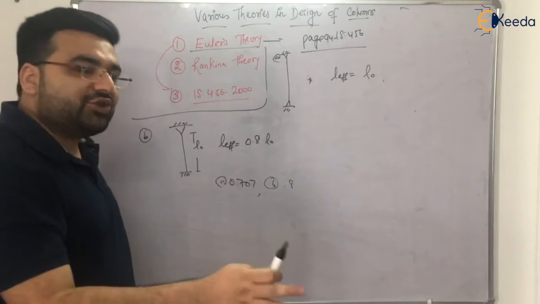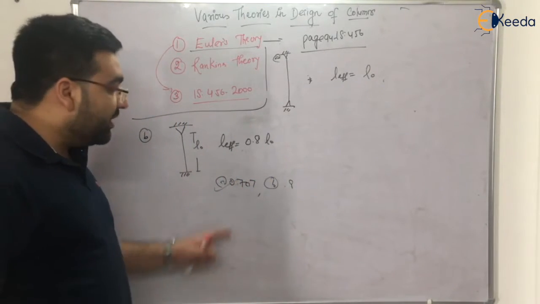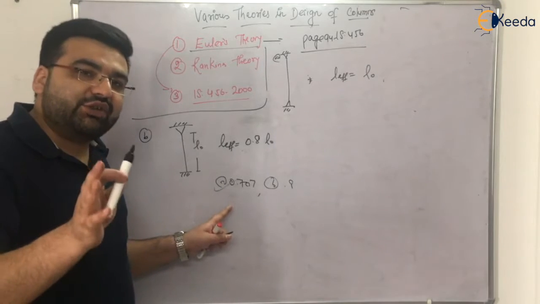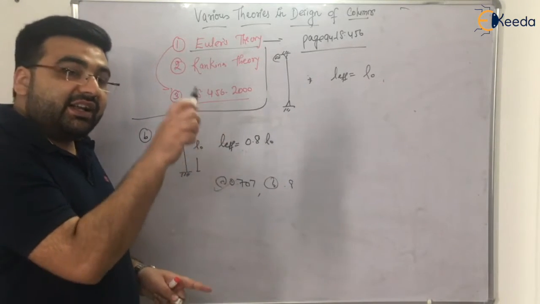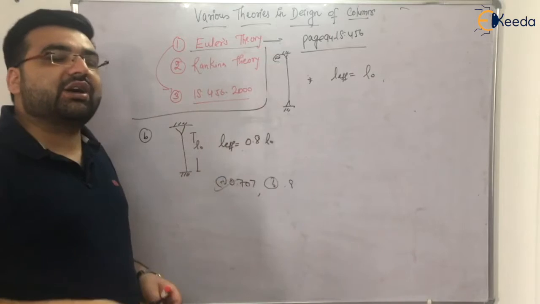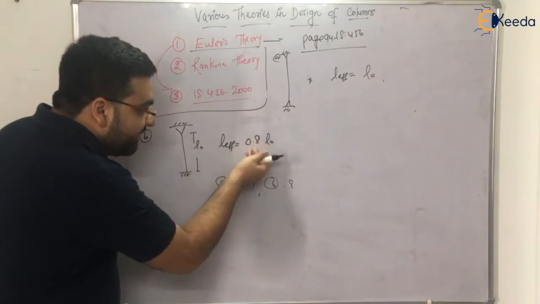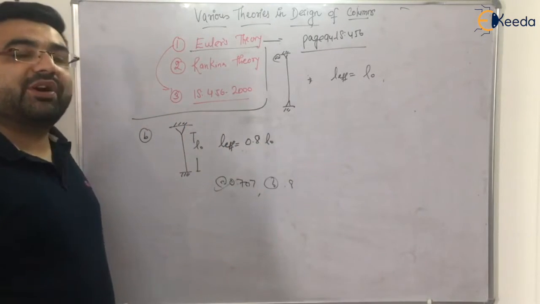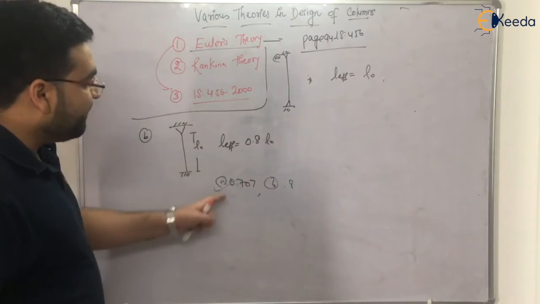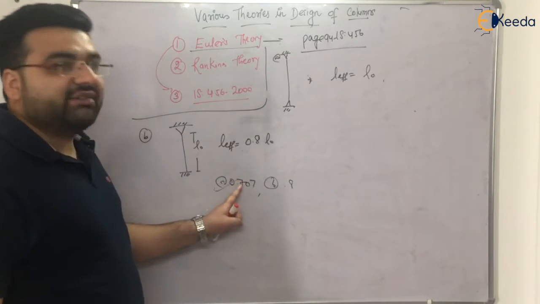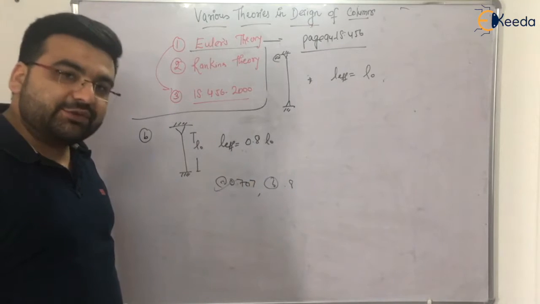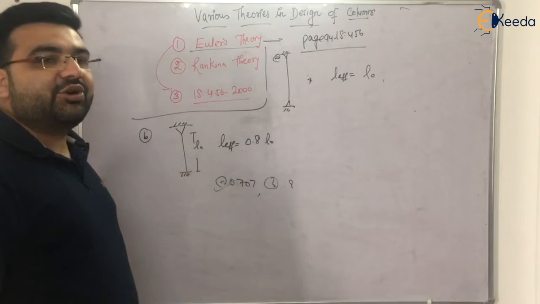I have seen many students taking this option, because as per the strength of materials, whatever you have studied, this is correct. But it is written in the question IS 456 2000. So what would be correct? The recommended value would be 0.8 L naught and not 0.707, because that is a theoretical value. It is a recommended value as per IS 456, right? I have seen many students make this mistake.